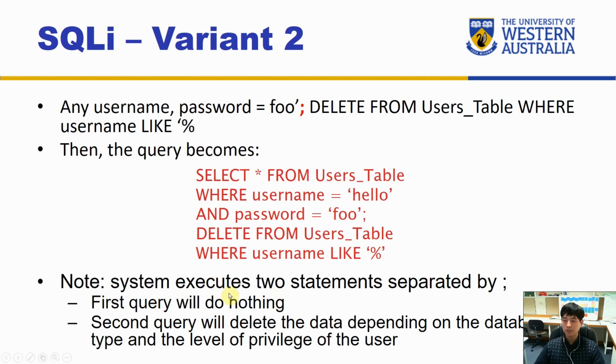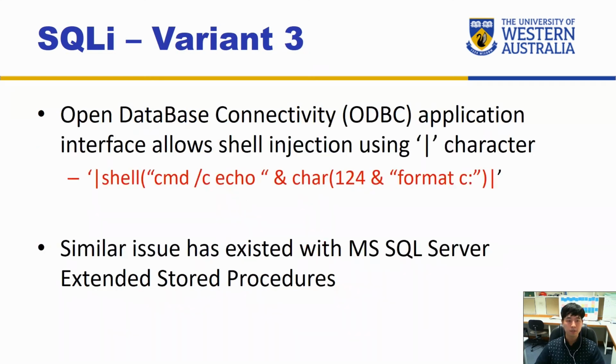So first query does nothing, but second query will delete the data depending on the database type and the level of privilege of the user. Okay, so if the user has enough privilege, you will be able to delete some stuff as well. Okay, I'm not going to do that in this demo because I need to reset it. Next one,